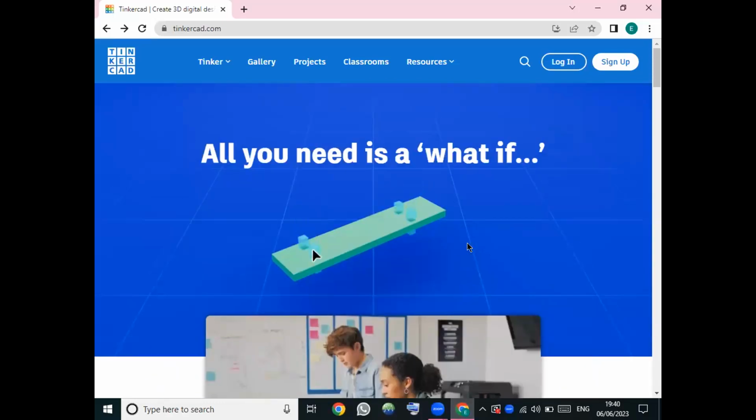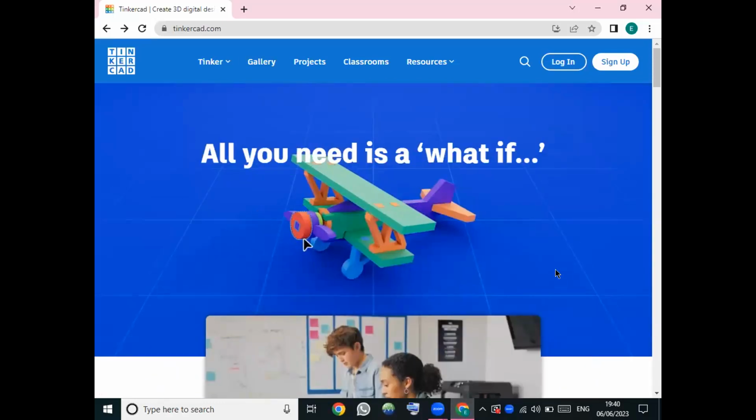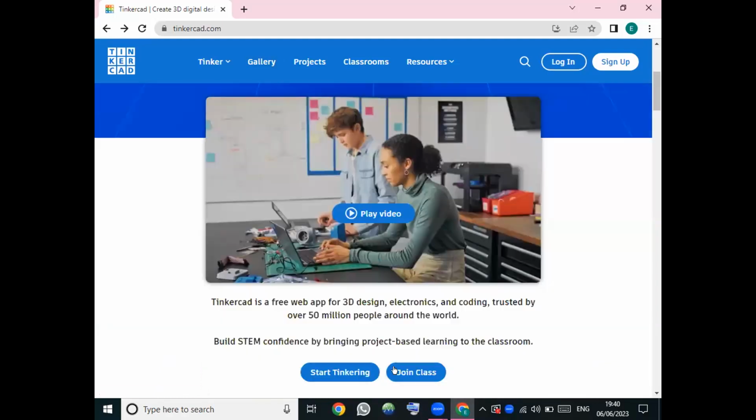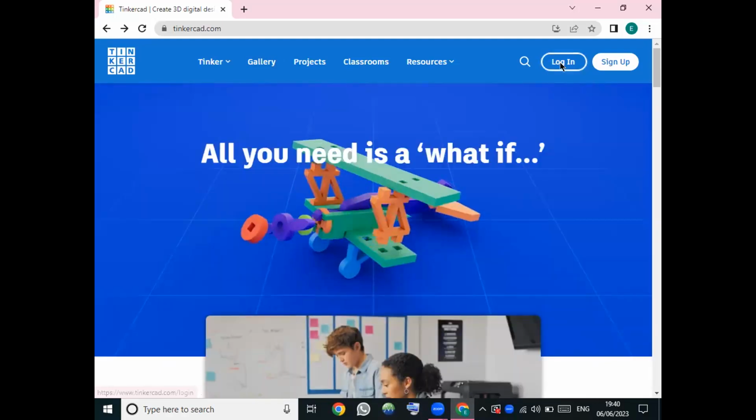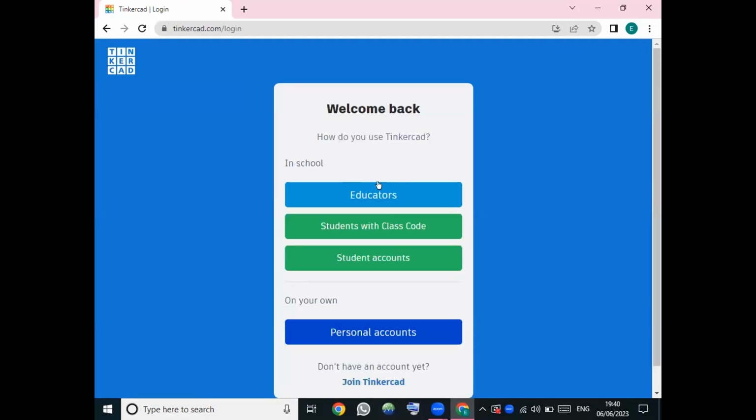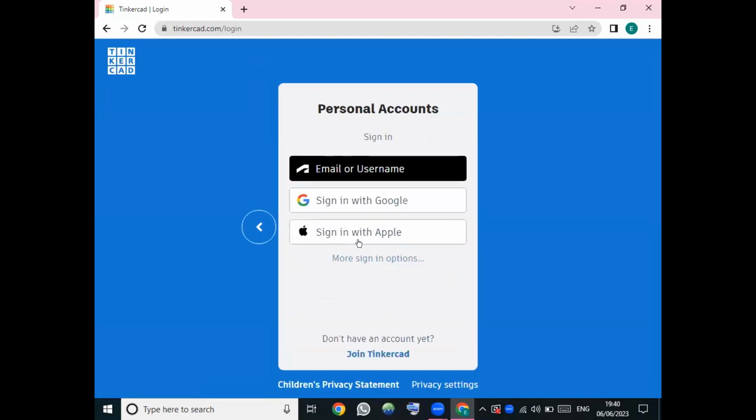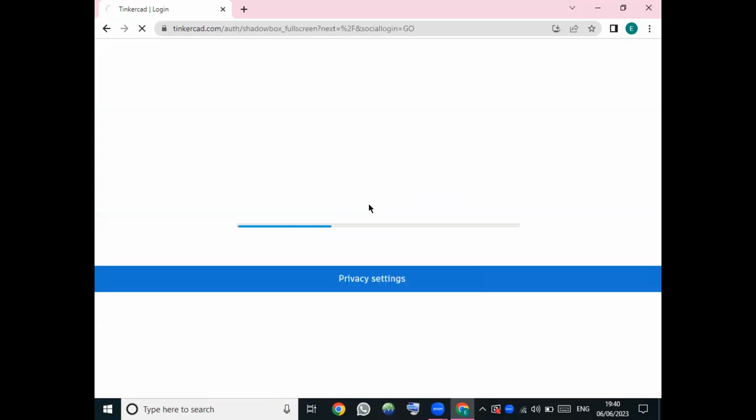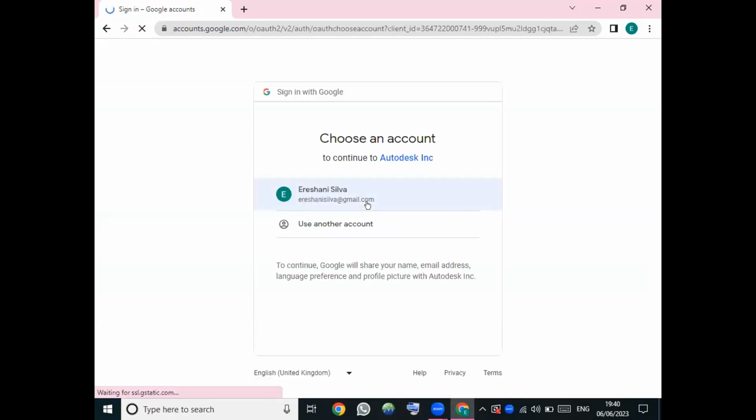Please go to tinkercad.com. Click on the login button, the blue color login button. Select personal accounts. Select sign in with Google. If you have Apple, you can sign in with Apple too. Select your Gmail account and proceed.